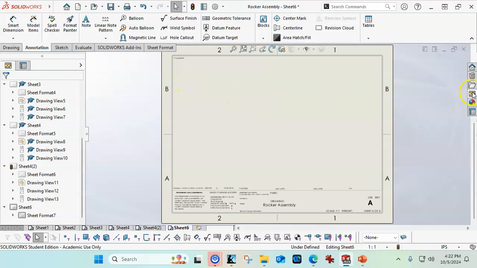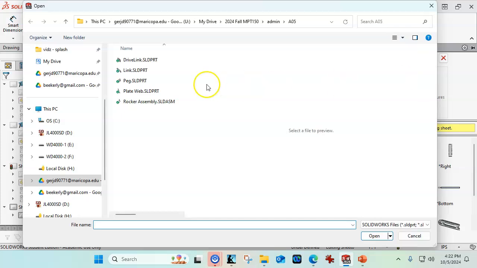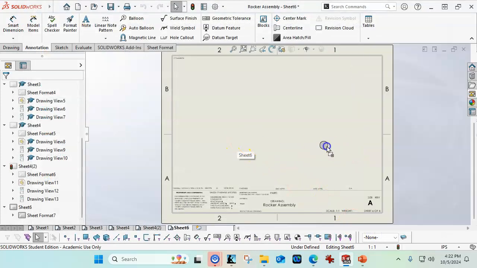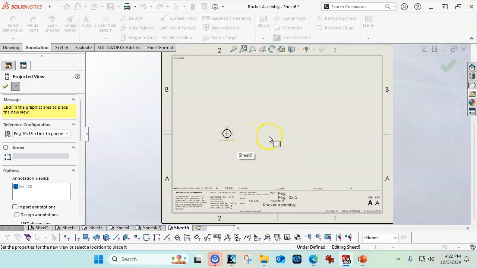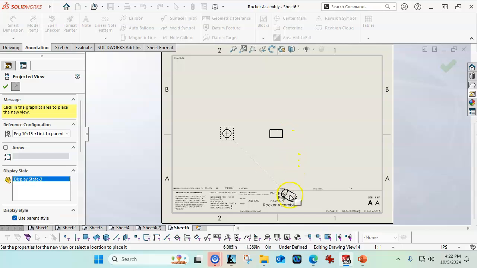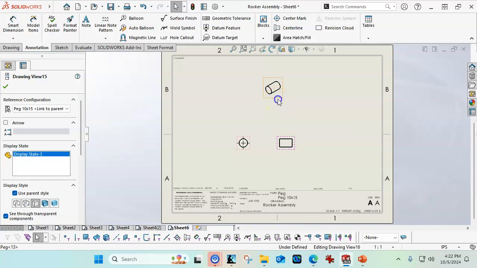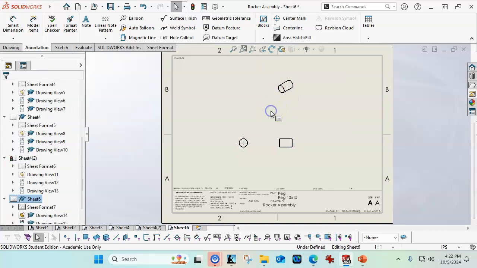So let's bring it in. I'm going to stay with the view palette, bring in the peg, and open. Bring in the front view. My main concern, let's see, we got the peg in the 10 by 15, is it's always a little on the difficult side to group up for the two sizes. So putting it on its own sheet,